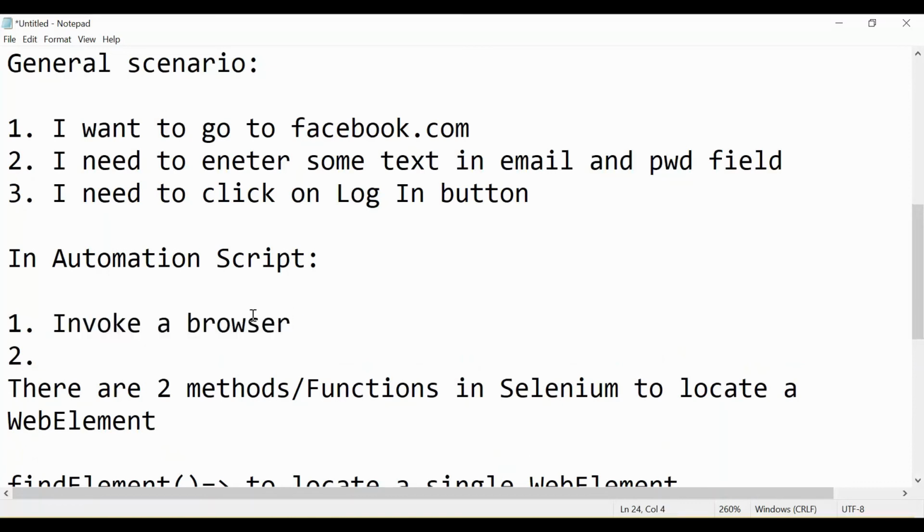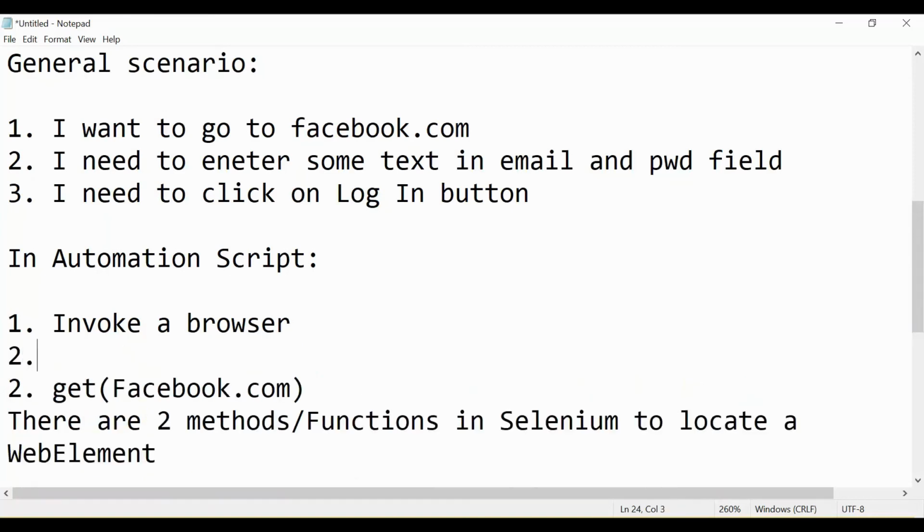Then after opening the browser, you need to open facebook.com, so we will use the get method. One step we missed: after invoking a browser we need to create a driver reference first, and with the help of that driver we will use this method.